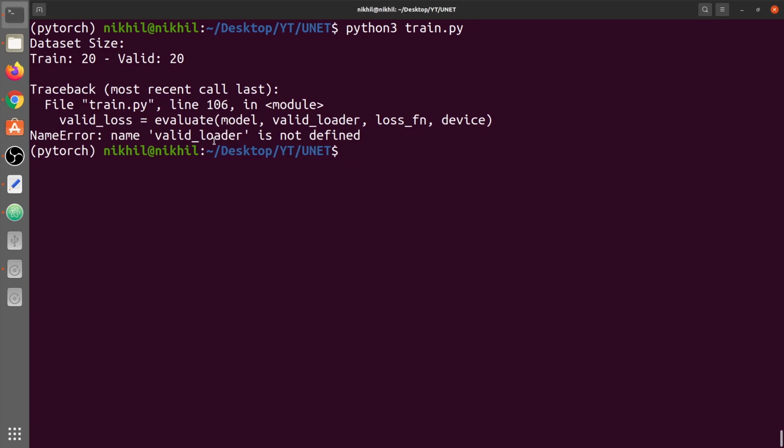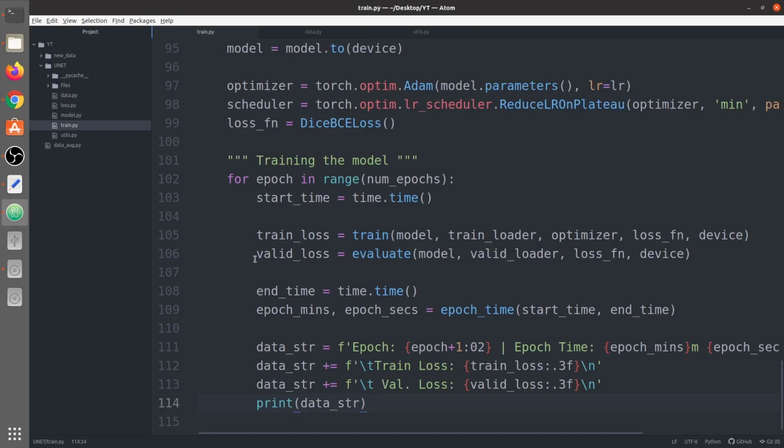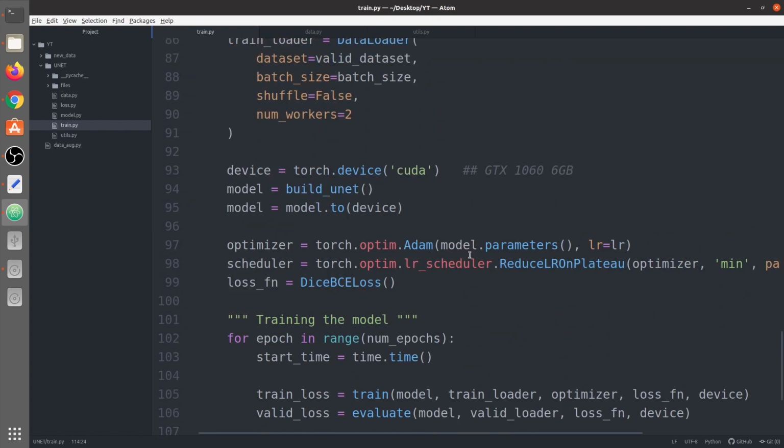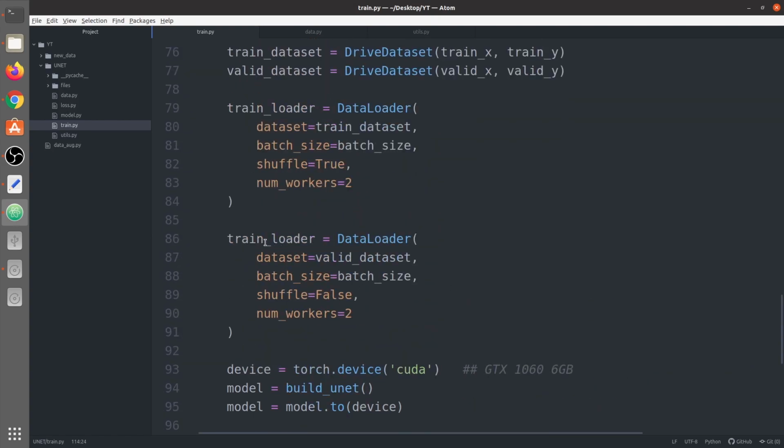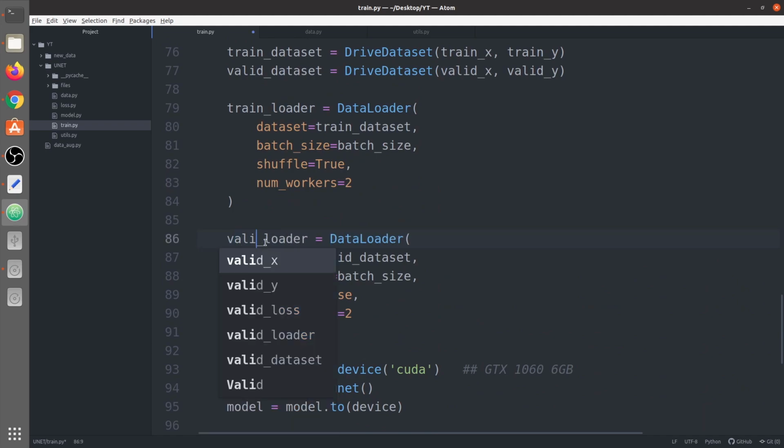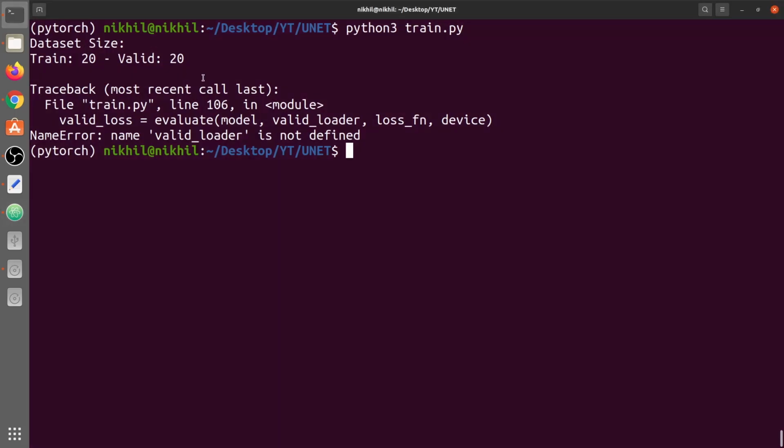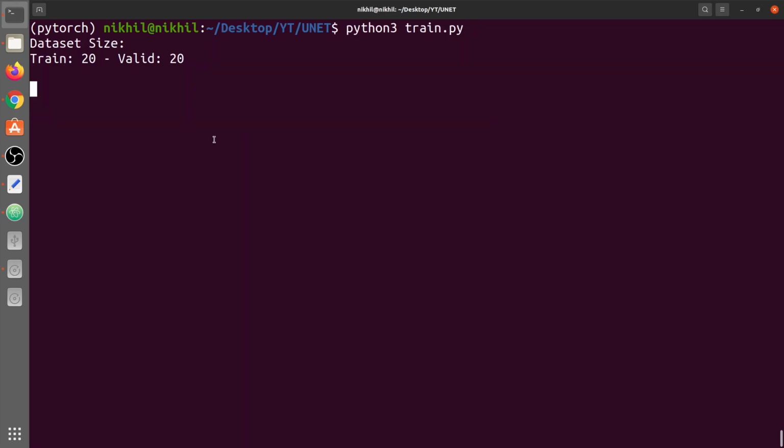Okay, we can see we actually have an error here, and that's really good because something is working in the background. Now we have an error in line number 106. Okay, 106. So we have valid loader, and we have the same name. That's a mistake. These mistakes occur when you copy blindly and you forget. Okay, so let's wait now. In a few seconds we would have it, otherwise we would have an error again. But don't worry, we will definitely solve every error in this video.